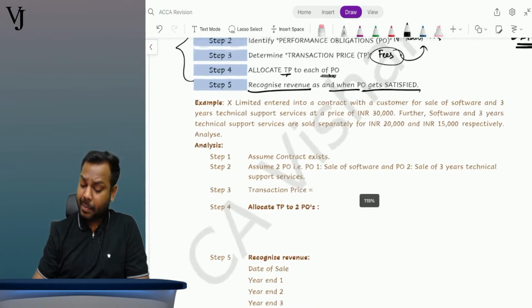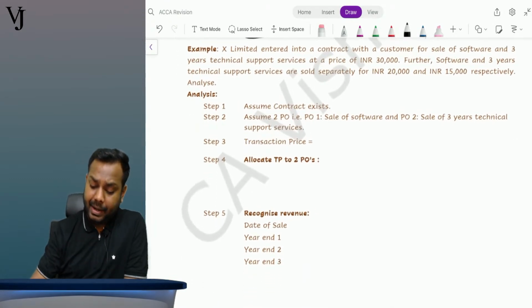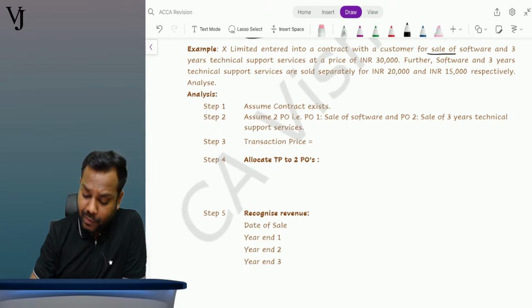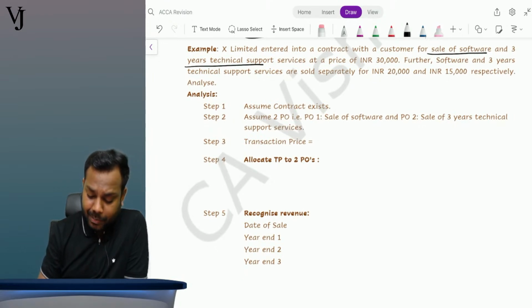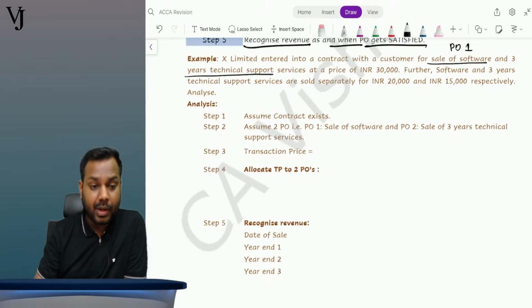Now, let's take up an example to understand these 5 steps. It says X Limited intends to contract with a customer for sale of a software and 3-year technical support. So now there are 2 performance obligations. Performance obligation number 1, okay,